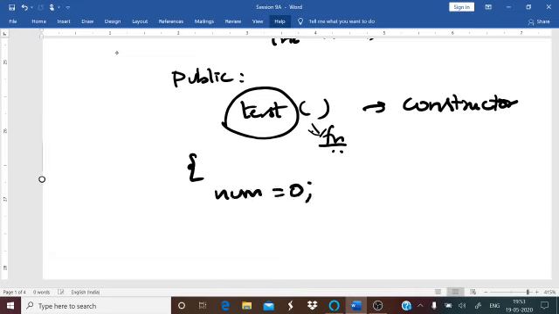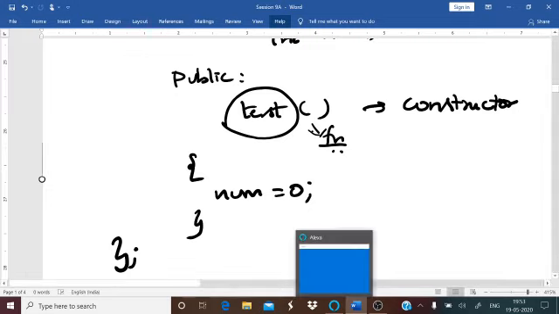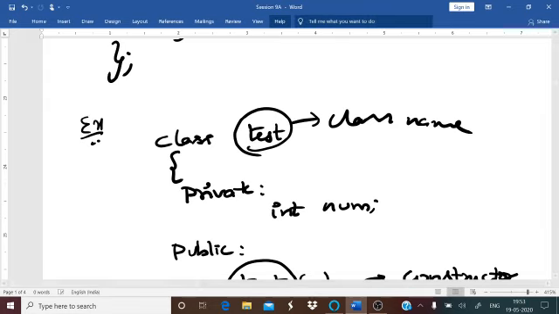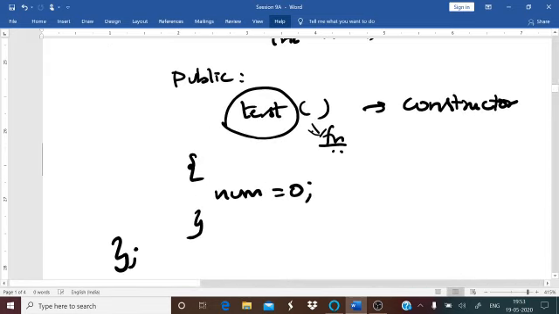Variable number is 0 and close. This is just an example to show how to define it. The class name should be the same. This is your class name. It has to be the same as the constructor. Constructor name and the class name should be the same.